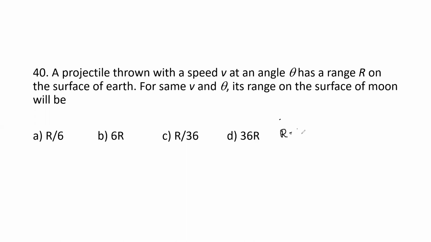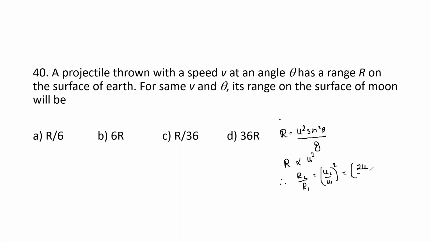Range is equal to u square sine square theta divided by g. Here we can write it as R is proportional to u square. Therefore we can write R2 divided by R1 is equal to U2 by U1 whole square, that is equal to, so R2 is